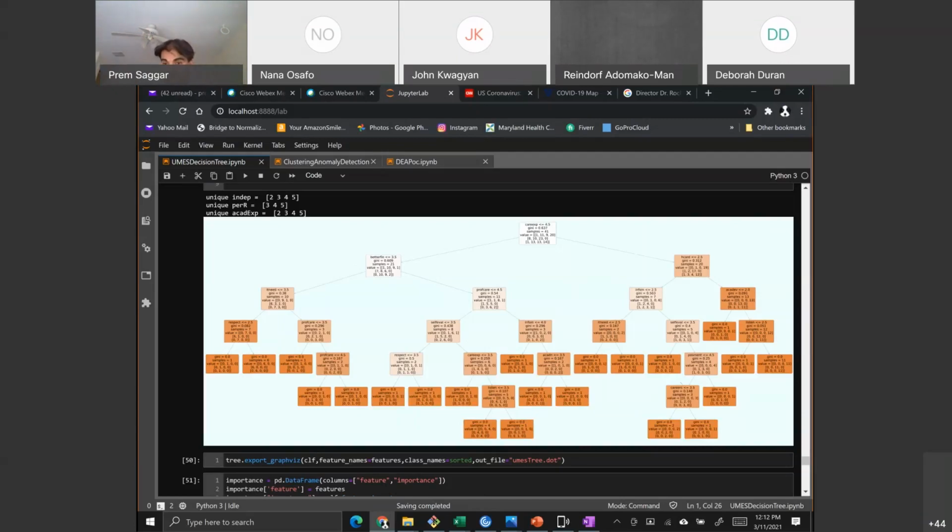This analysis, by the way, is beyond the ability of humans, right? Because you're talking about trying to maximize 3 variables. Do you feel more independent? Do you feel like you have personal responsibility towards the university? And do you feel like you have more academic experience? So how do you find the paths and the most important predictors for all those combinations? It's daunting, right? Like it's beyond human comprehension.